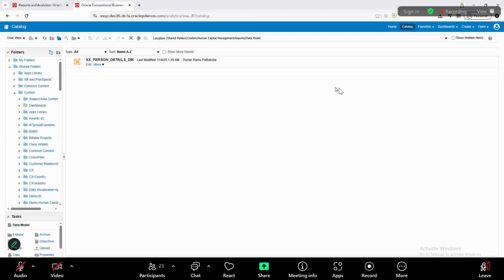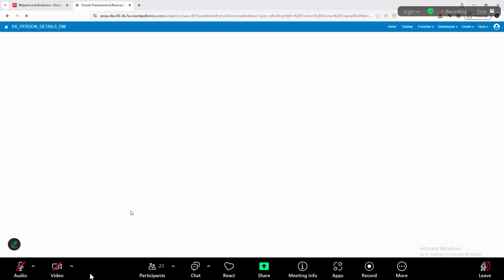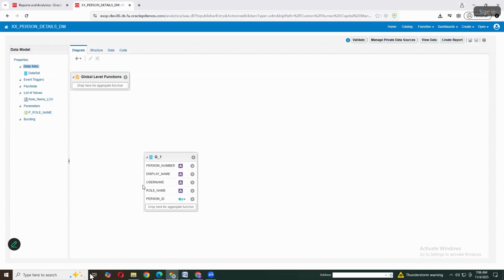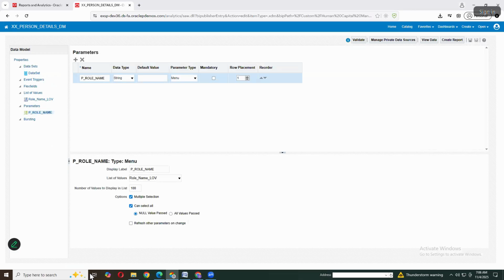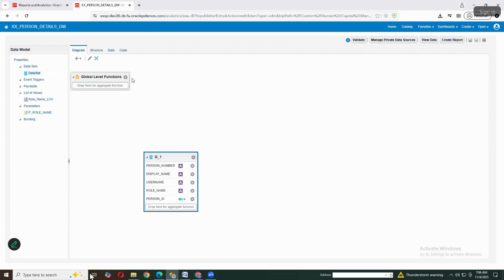Hello, everyone. So, continuing from yesterday's topic only. Yesterday we were not able to configure the parameter when it is passed with null value. Here we have selected null values passed, and this will be configured with the NVL operation. But when all values are passed, not able to configure. So, for that,